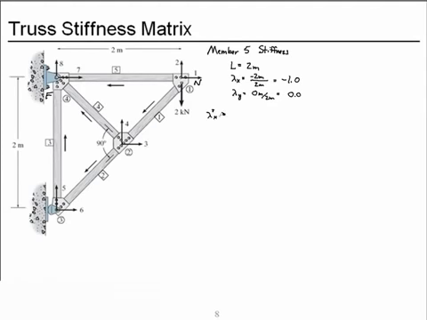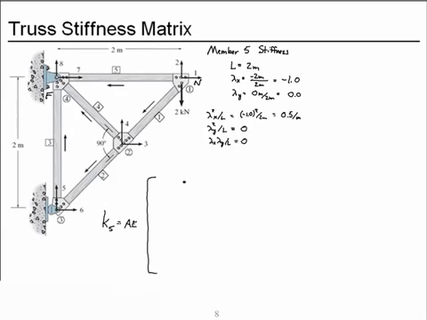So lambda x squared divided by the length is a negative 1 squared divided by 2 meters, which is a positive 0.5 per meter. Lambda y squared over the length is 0. Since lambda y is 0, lambda x lambda y over the length is 0. And so our stiffness for element 5 is AE